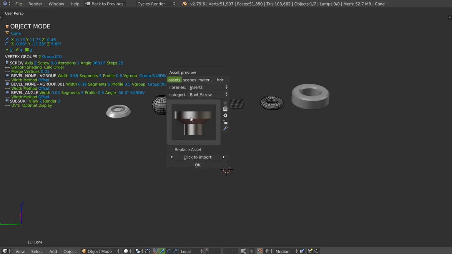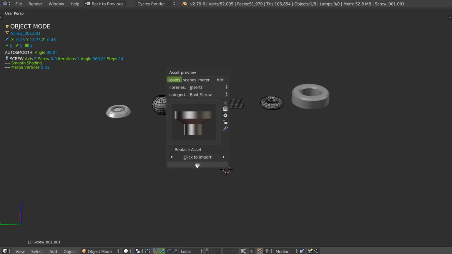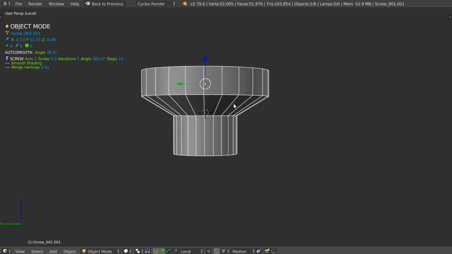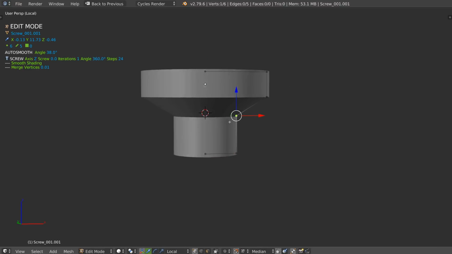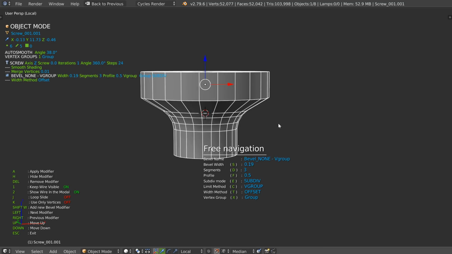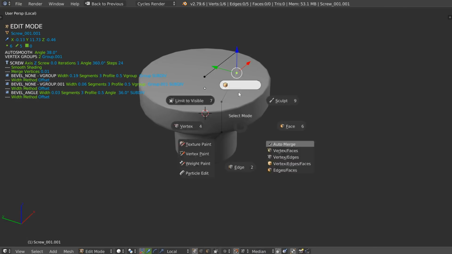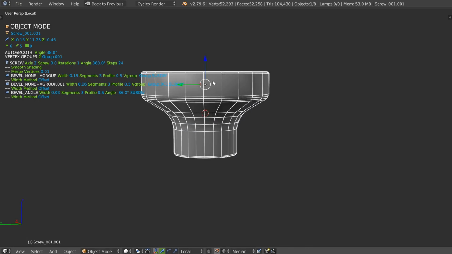So if I add this one, for example, I will click, I have this one here. On this one, I can select this, I can add a bevel, I can select this, I can add a bevel, I can add the last bevel, Shift W, and as you can see, I created a new primitive.